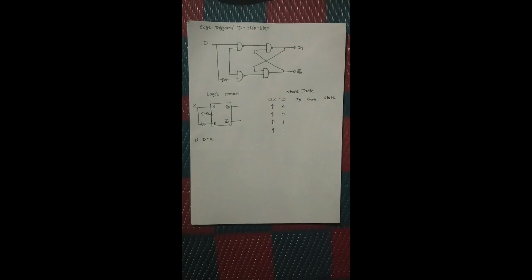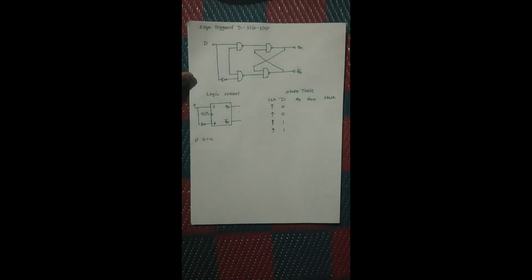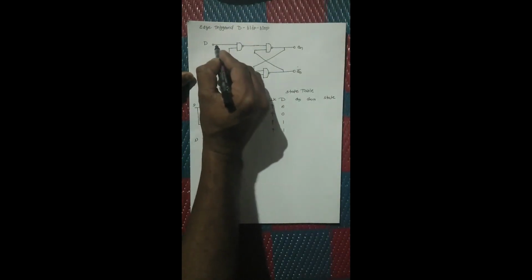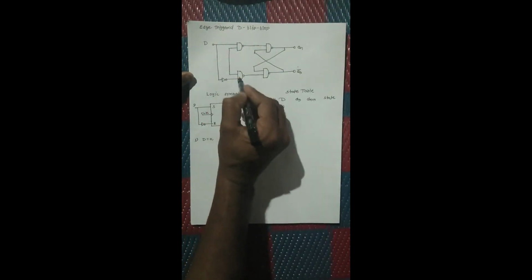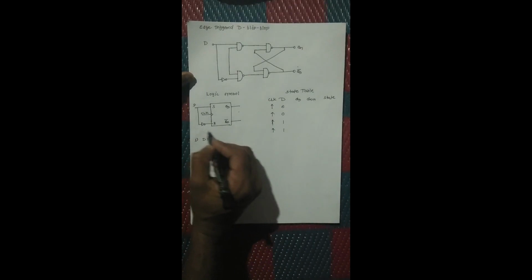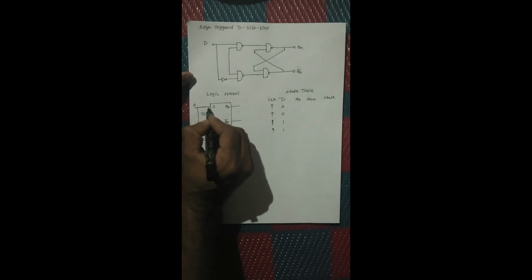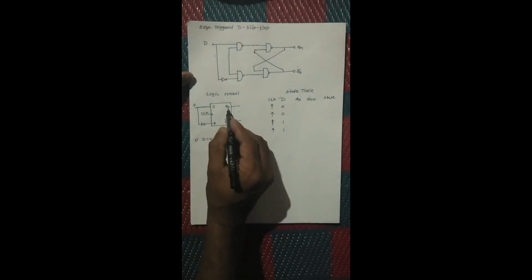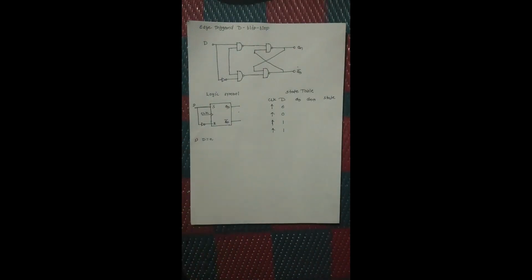The next type of flip-flop is the D flip-flop. This is the circuit diagram of the D flip-flop, which, if you observe carefully, is equivalent to the set and reset flip-flop. The only difference is that one input is given to this gate and the other input for this gate is the complement of the original input. So the equivalent logic symbol is an SR flip-flop, with the input to S non-complemented and the input to R complemented, producing Q of n and Q of n bar. This is the state table we have to observe with the help of this circuit diagram.